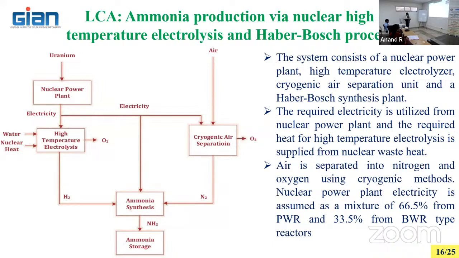Suppose you are using some other hydrocarbon other than water in the electrolysis process or the reforming process from the electrochemical method. So other products also will come. So here we are using water, so we will get hydrogen and oxygen. Other things are also taken into account, other than that, heat will also come up. Water also, sometimes leakage is going to happen in the reactor or through the transportation, right?